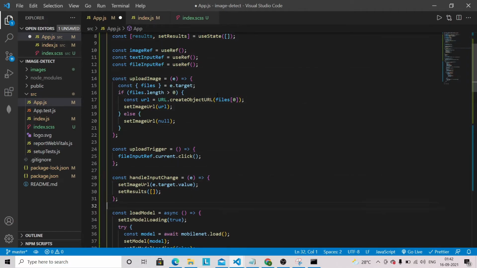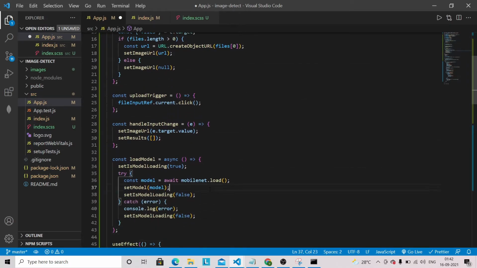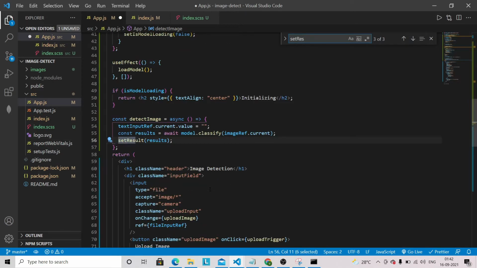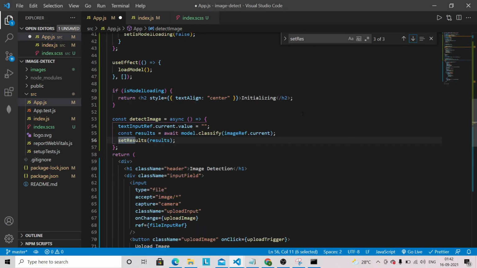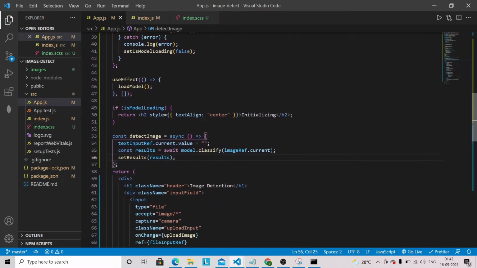Here also I have used set results. So in detect image we are using set results, and now we have all our results in the array.